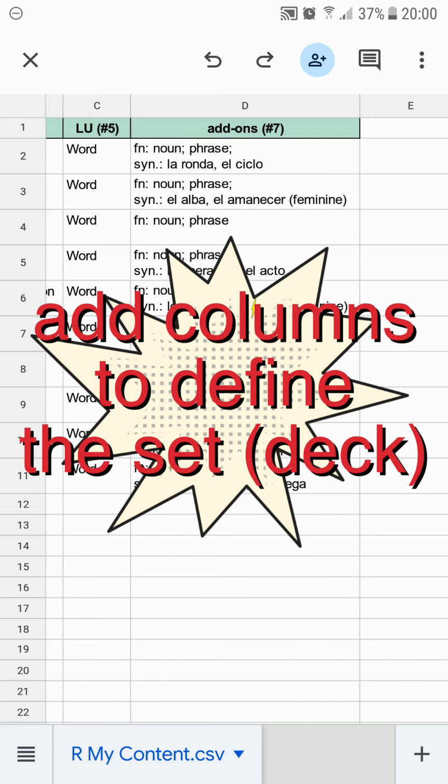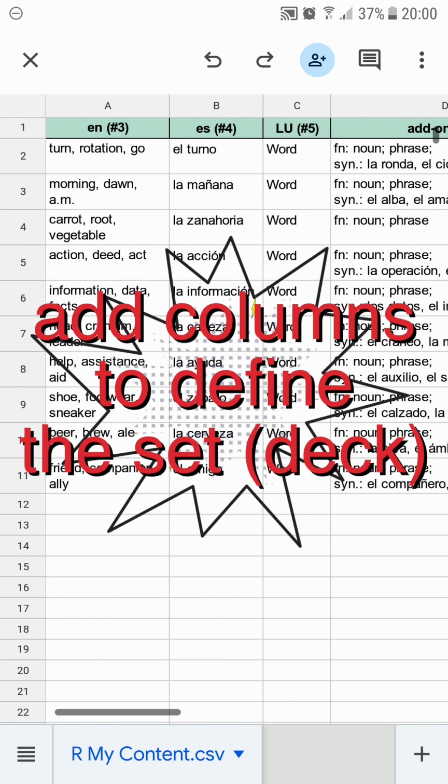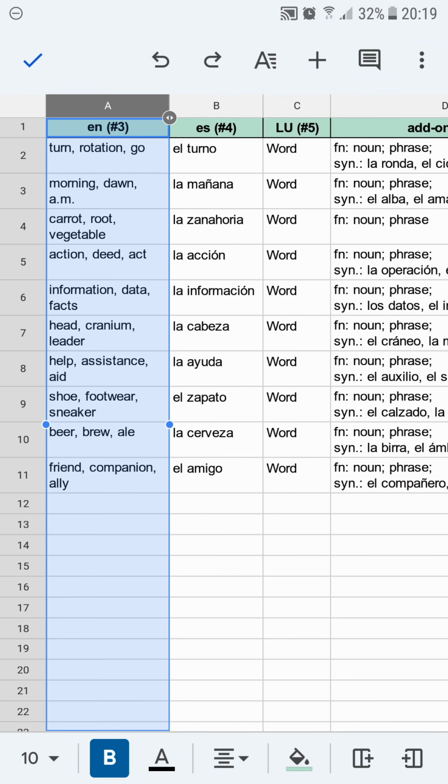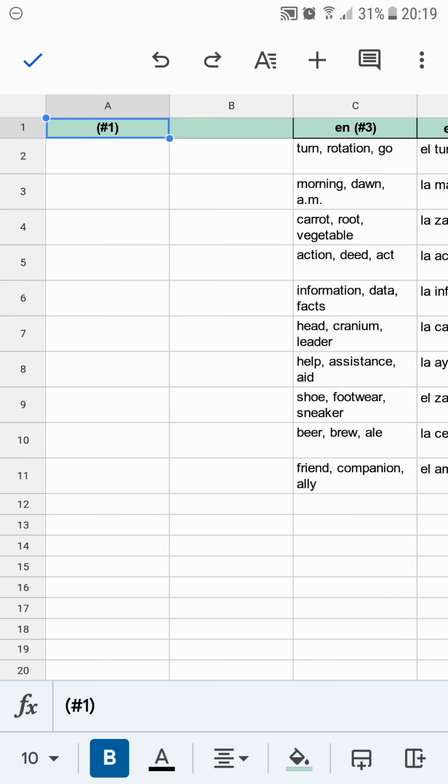Now we need to add columns that will define our set or deck as English, Spanish. To do this, let's add 2 columns with tags number 1 and number 2 to the beginning of the table.